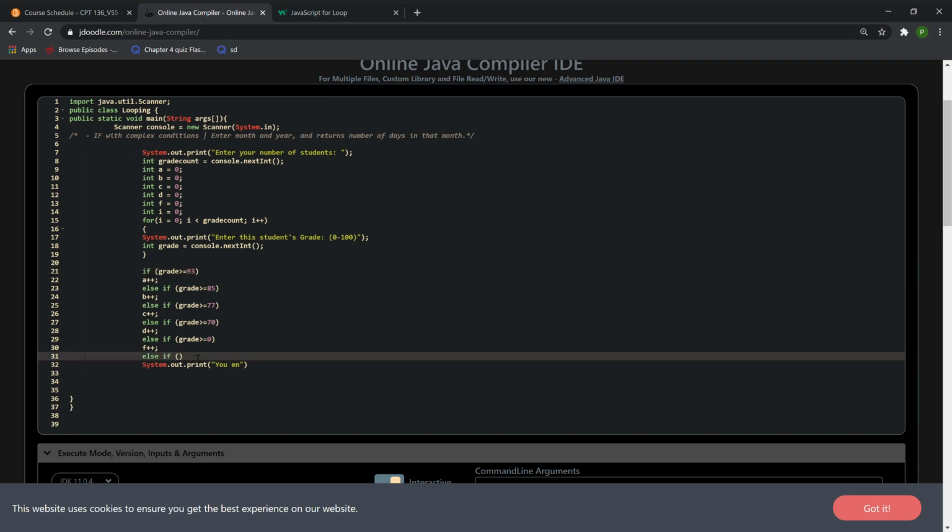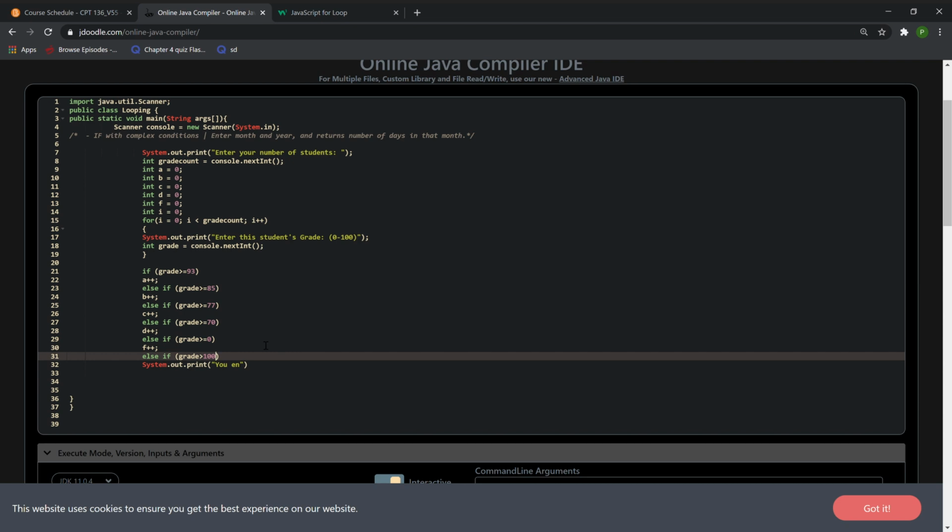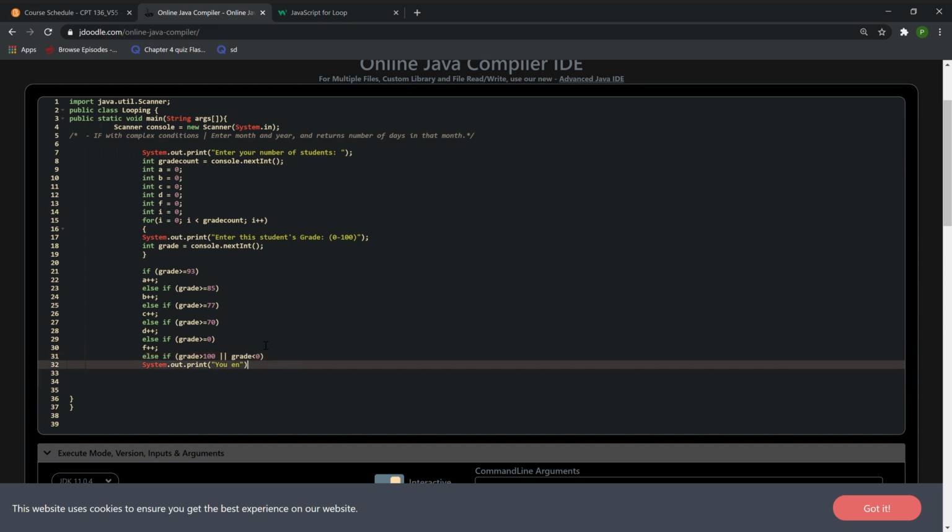Or I could just do else if grade is less than or equal to, greater than or equal to, or greater than 100, or grade is less than 0. You entered an invalid grade